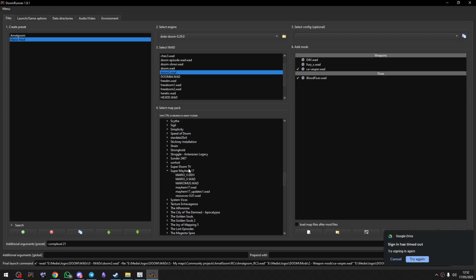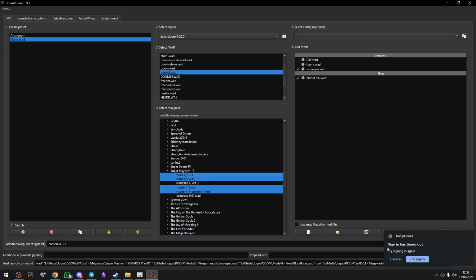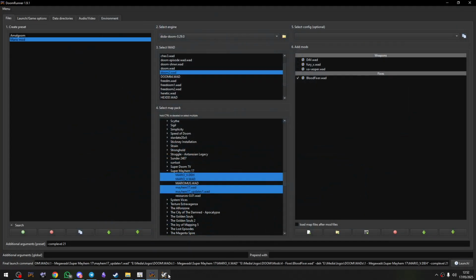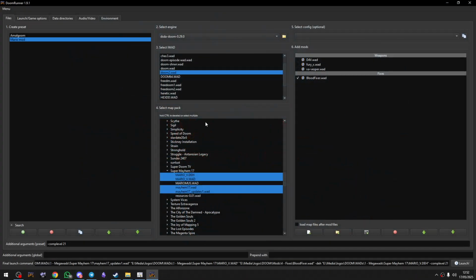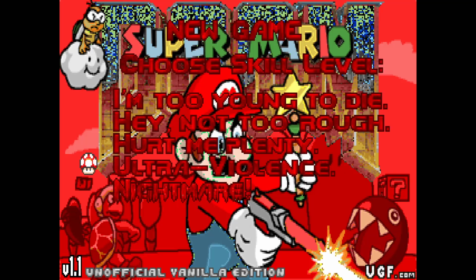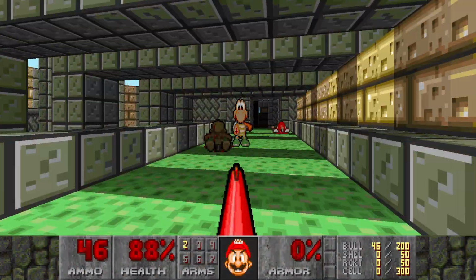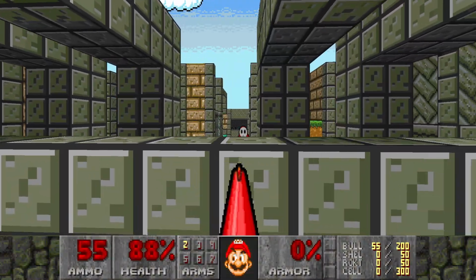So what I use with Super Mayhem 17 is the Mayhem 17 in the update, which has an updated map. And I select the WAD and dehacked for the Mario mod. And I just click launch. I actually got to remove Vesper because I don't want Vesper here. I just want the Blood Fixer this time. And now, when I play it, you know,